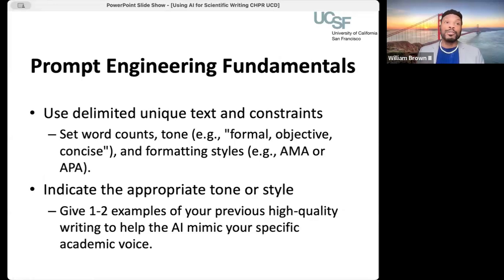Sometimes it'll ask you, do you want to be more casual? Do you want to be more formal? It'll try to also think of things in your own tone, or if you tell it that you're an academic, it will lean into that tone. If you tell it you're a comedian, it'll probably lean into that tone as well. So give it a couple of examples. If you're not giving it a bunch of examples from other resources that you have handcrafted yourself, give it a couple of examples